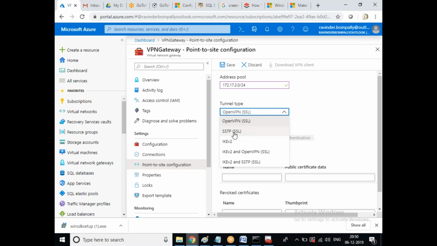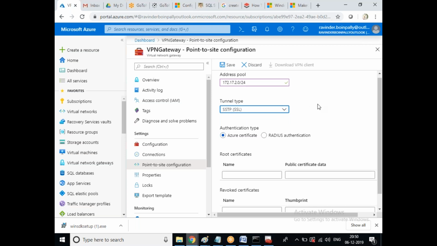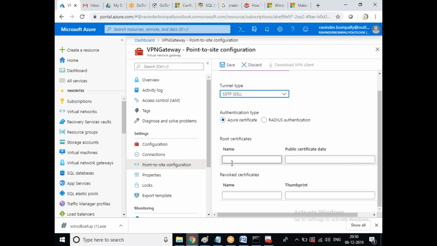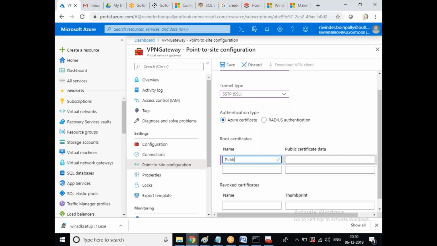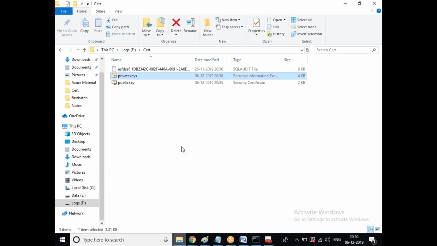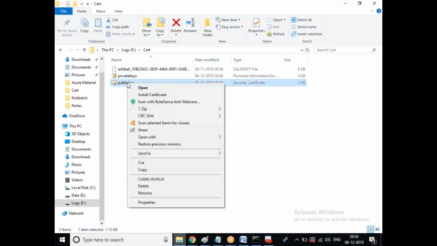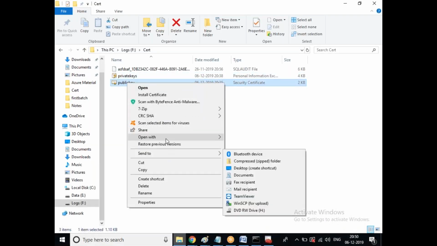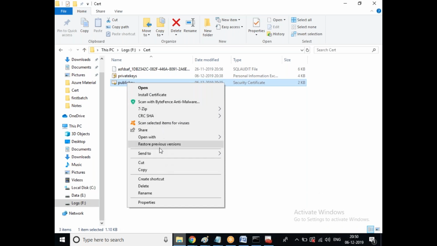So go to the SSTP SSL. This is the one we will use for the connections. SSTP SSL, secure socket layer, means an Azure certificate. So now I'm going to create a public key certificate. I'm just adding the name, and the certificate we need to add is the public key certificate we generated. Go to here, go to Notepad,